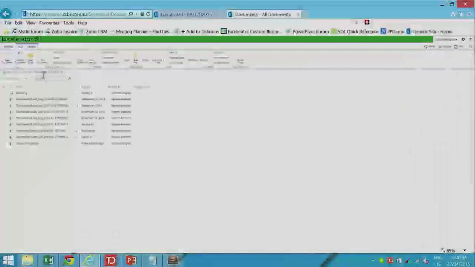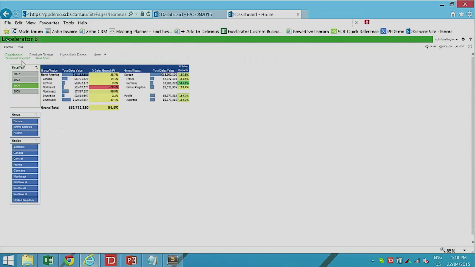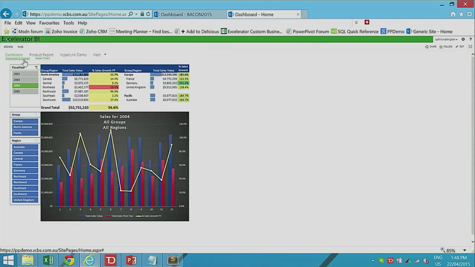So, first of all, I'll have a look at these other two sub-menus here. These are JavaScript applications, if you like, or a bit of JavaScript code. Now, because I've turned off the Excel menu, I've had cases where customers have wanted to be able to download